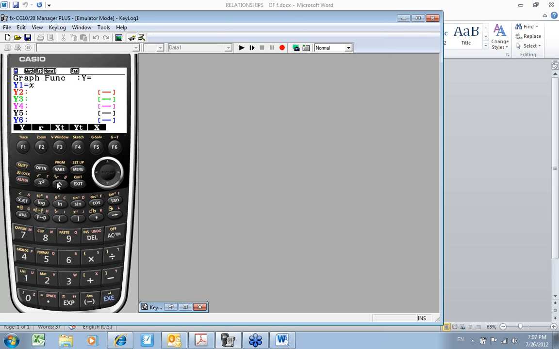So there's my x to the 4th power, and then arrow over. Of course I've already thought about what function I want, plus 5x to the 3rd power. And there are several ways, of course, you could do this.